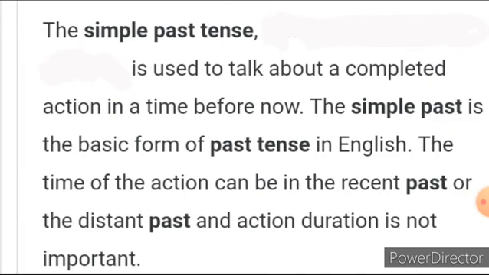It's used to talk about a completed action. Look at the word completed. The letter ed is added. Completed. The work has finished. Completed action in a time before now. Just, the work has completed. So it is past tense, that ended at a point in the past. Ended is completed. The past tense is used to talk about a completed action.